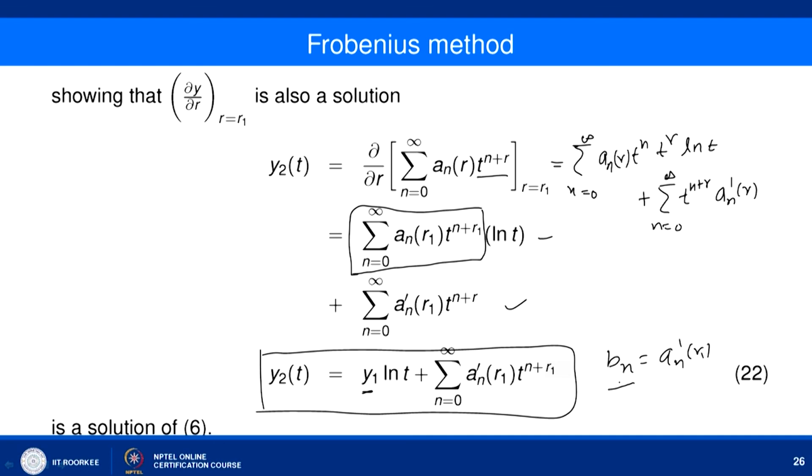So I will stop here, and we say that in case of equal roots, we are not able to find both solutions in the Frobenius series solution form. One solution is given in terms of a Frobenius series, but the other solution is not of Frobenius series form. So in equal roots, we have the second solution given by y2(t), and the general solution we can find using y1 and y2. In the next class we will discuss an example based on this and the other case, that is when r1 and r2 differ by an integer. So in the next class we will continue this lecture.